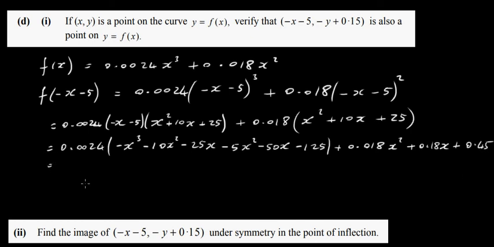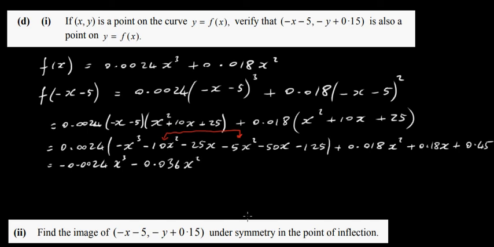Okay, so you can see this is just kind of long and tedious. So I got to multiply this out as well. So you get minus 0.0024x cubed. Now what I'm going to do here is, I've got a minus 10x squared here, I've got a minus 5x squared here, so that's minus 15x squared. So really what I'm doing here is just taking this one and this one here and putting them together to give me minus 15x squared. I'm going to multiply that minus 15x squared by 0.0024, and that will give me minus